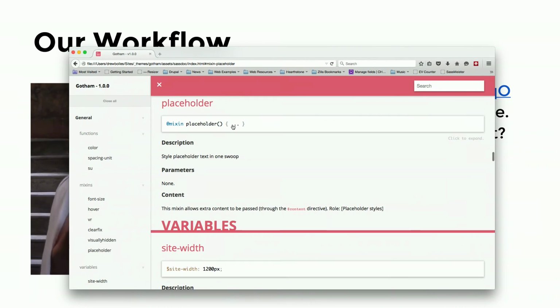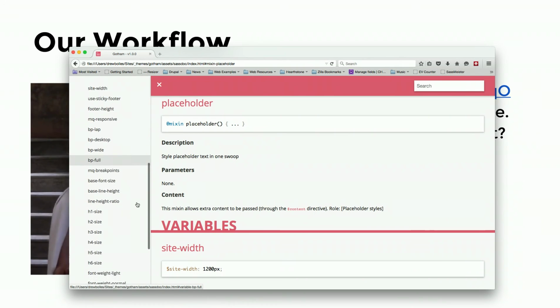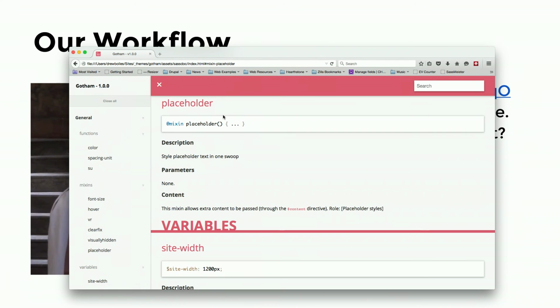If you comment the right way, there's a certain commenting format that it parses over and turns into this. But I literally don't have to do anything. Every build I do now, I just have an entire documentation side of my Sass that I can give off to some other developer, whoever's going to work on it. And they can see everything that I've done, examples, and all my variables, all the things that it's doing. Really, really, really cool. And it's just a rad tool.